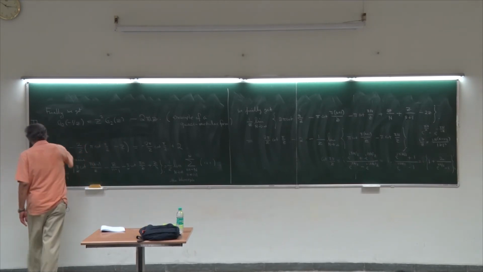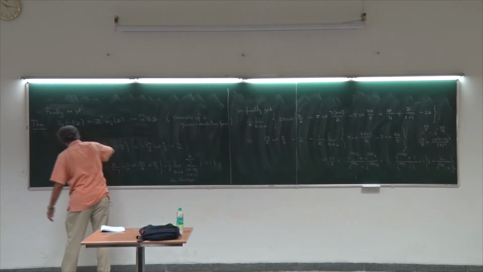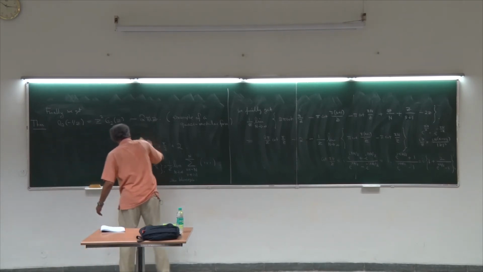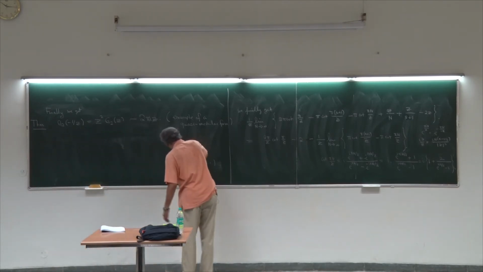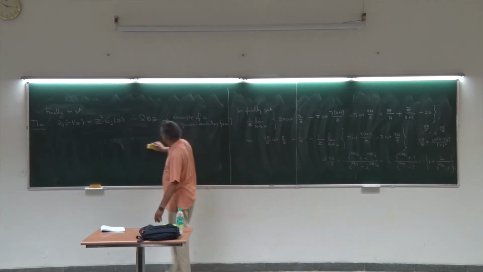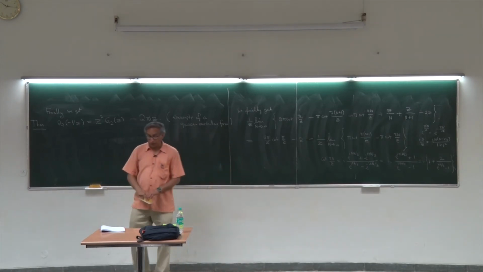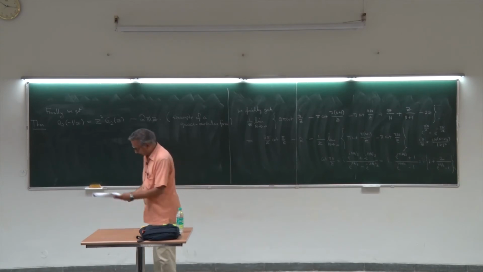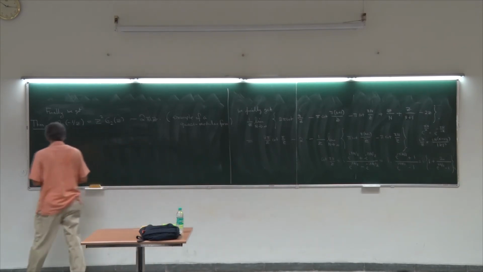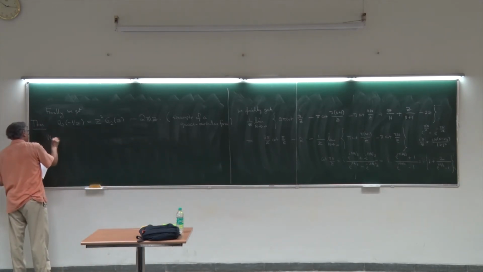So that means now we know exactly how G2 is transforming. So even though G2 is not a modular form of weight 2, it is pretty close to it being such a thing. And so we normalize, we define